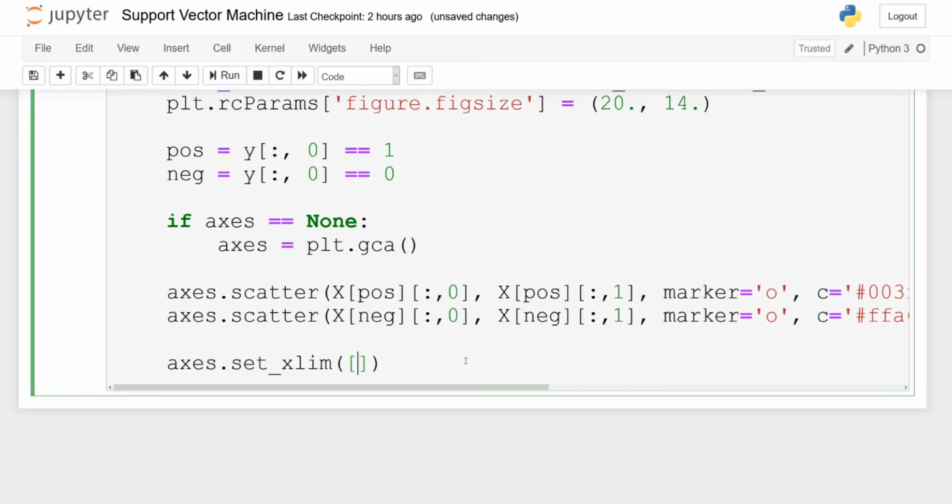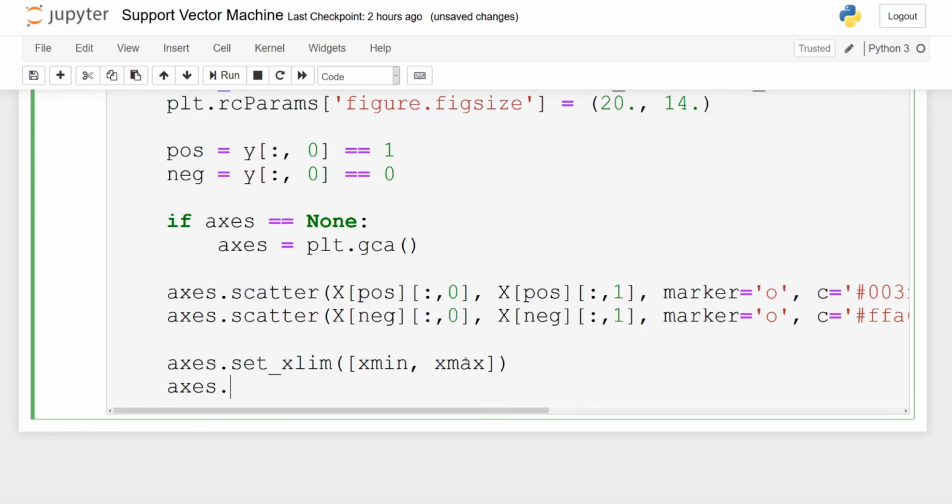Now I will set the limits on the x-axis and then on the y-axis. So of course we'll just pass in the x-min and x-max, and then you do the same for the y-axis, so ylim, and then you pass in the array from y-min to y-max.